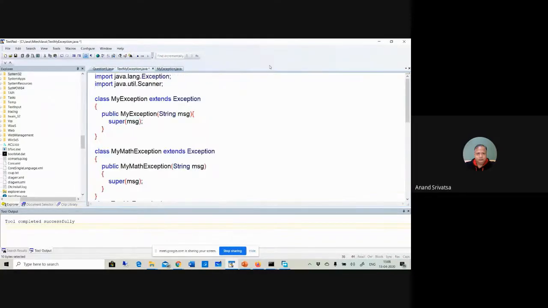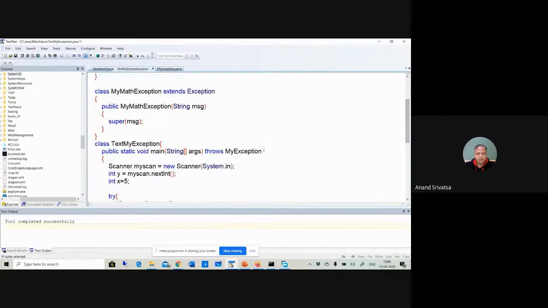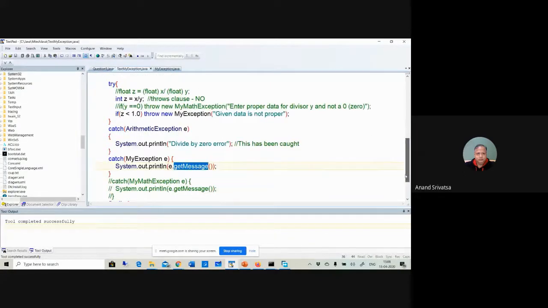Even if I mention that over here, if I don't take care of it, it will give a compiler error. So that's what it does. Okay, so let's see if it compiles. Why? Because I have written this throws MyException, and I am also taking care of it. That's the reason it compiled properly. So